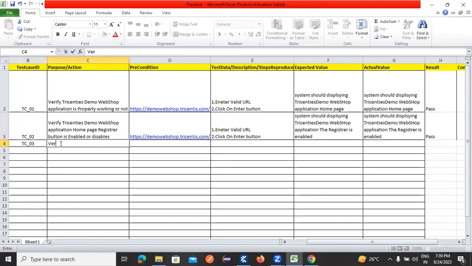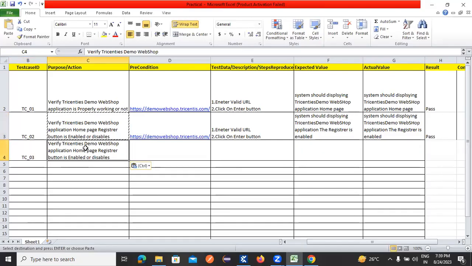Okay. Verify. Same process, guys. You guys are observing. Verify Tricentis demo web shop application homepage. Registered button homepage. Okay. User able to